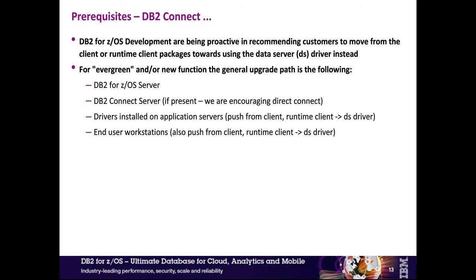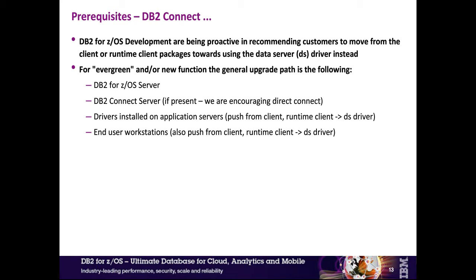A common question I get asked is what is the recommended best practice in terms of upgrading the DB2 Connect infrastructure. Taking the general case here, the first thing to do is to upgrade the DB2 for z/OS server from version 10 to version 11. If you are using the DB2 Connect server, upgrade that next, although as I said, we are encouraging the direct connect from the application server directly to the back-end data sharing group, and then upgrade the drivers installed